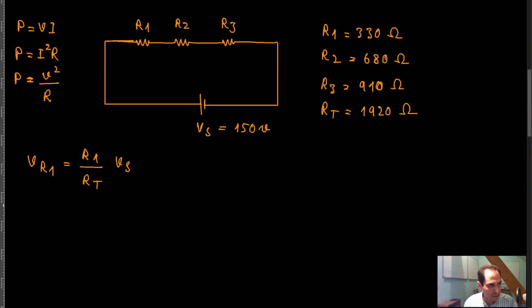So what that means is that V of R1 would be equal to R1, which is 330 ohms, divided by 1920 ohms, times V of S, which is 150 volts. That would be 330 divided by 1920 times 150. That is equal to 25.8